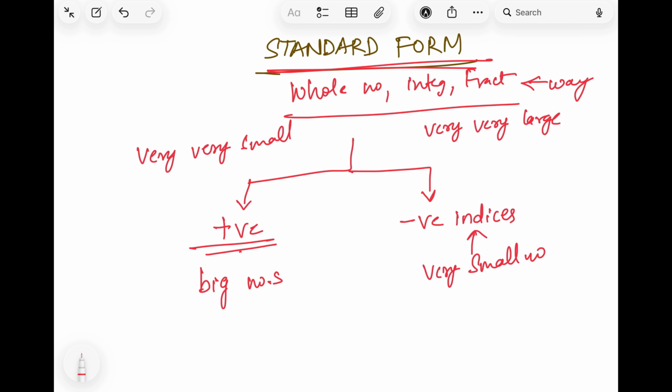Okay, for now you understand, very big numbers will always have a positive index, very small numbers will always have a negative index. Now first we understand what is standard form. Standard form means we write any number which is very, very big or very, very small in a given form, and that given form is a